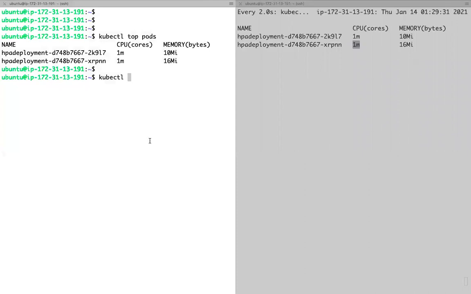How can I increase the load? Do I need to ask all of you to access this application? Or can I put load maybe programmatically using some script? I will use one temporary application.